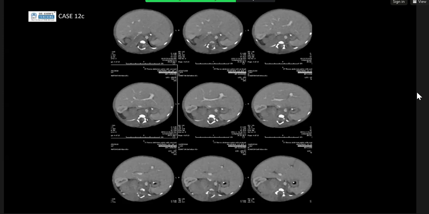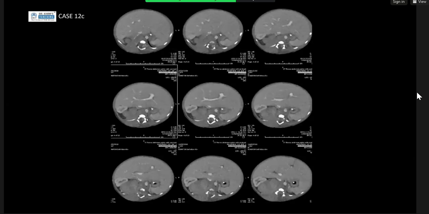extension. In the 7-day-old, my differentials will be a neuroblastoma, less likely a Wilms tumor as the kidney is pushed anteriorly, and less likely a lymphoma as the age group does not fit for a 7-day-old. Is the patient having any other symptoms? He's got a rash. Is it a rash on the face or over the body? Over the body. Another differential can be adrenal hemorrhage, but it is less likely because there is